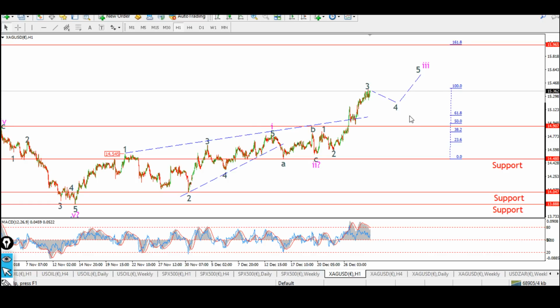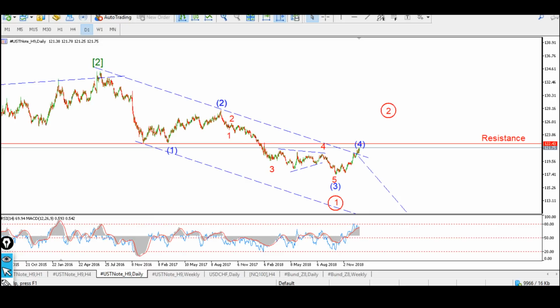So for January, we're still looking quite bullish in silver. For now, we want to keep above that $15 mark and push towards that initial target. Okay, so let's get on to